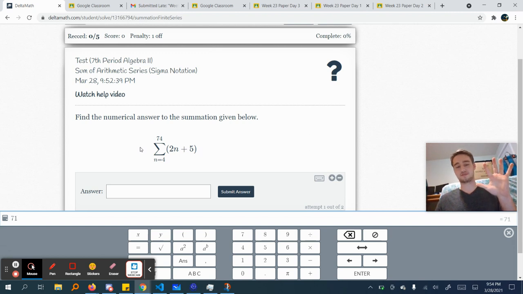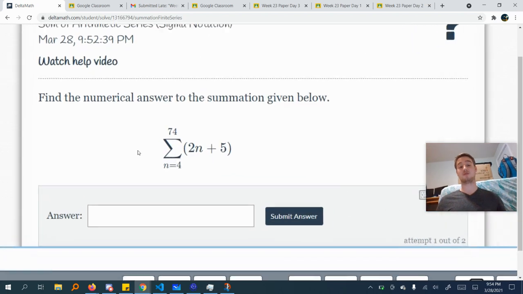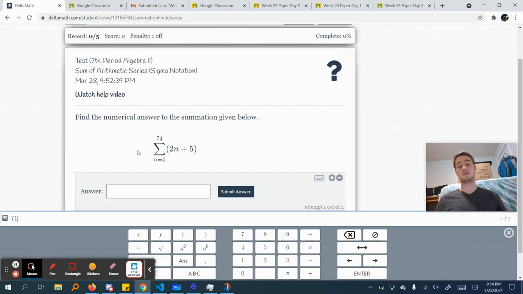There's 5. How many numbers are there between 0 and 5? 0, 1, 2, 3, 4, 5. That's 6. So we take the difference, which in that case would be 5 minus 0, and add 1 to get 6 numbers. But in our case here, we've got 74 minus 4 to get 70, plus 1 more